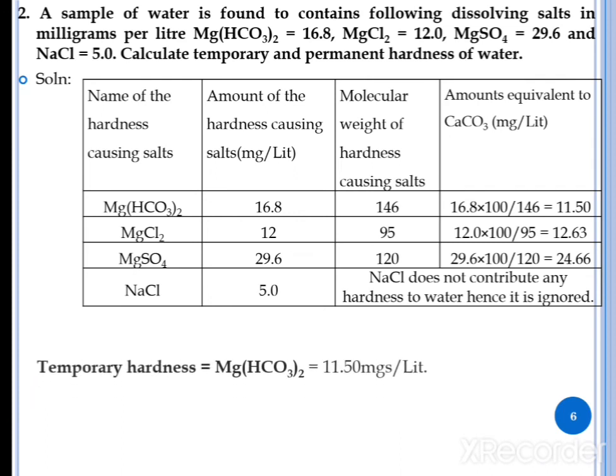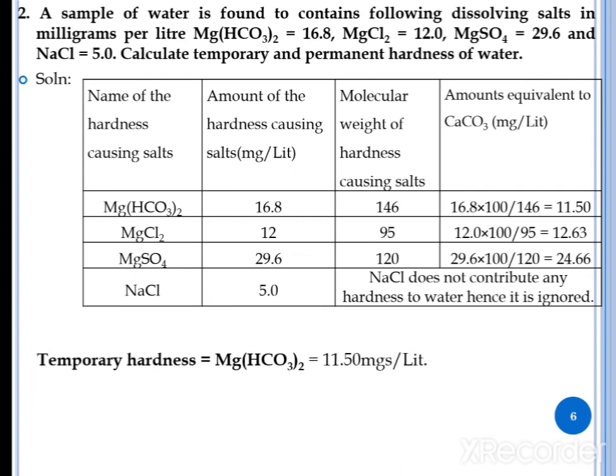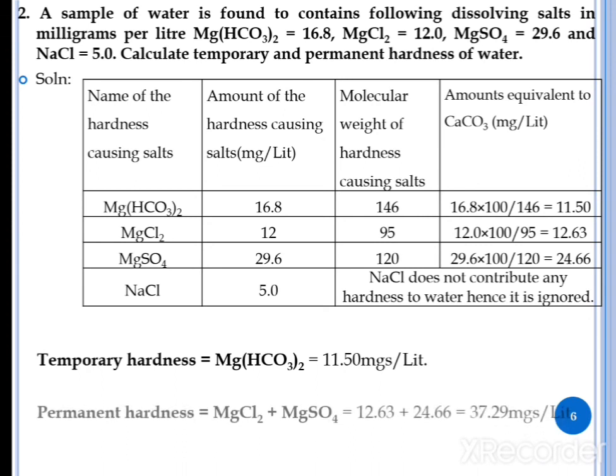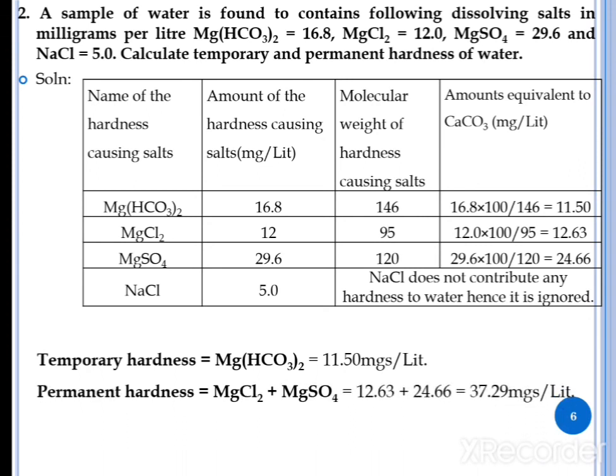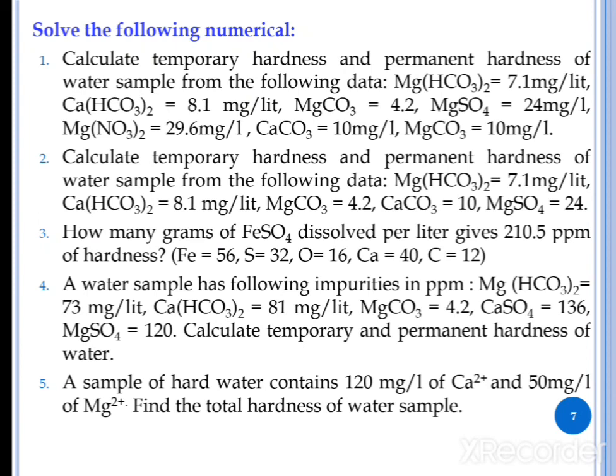Similarly, here the temporary hardness causing factor is only one, magnesium bicarbonate. So temporary hardness is 11.50 milligrams per liter. Then for permanent hardness, magnesium chloride and magnesium sulfate, their addition gives you the permanent hardness. Okay, then these are some numericals for practice purposes. You can try to solve them on your own, and you can post